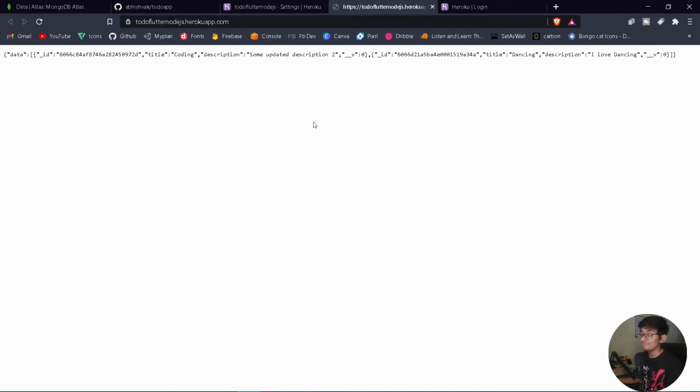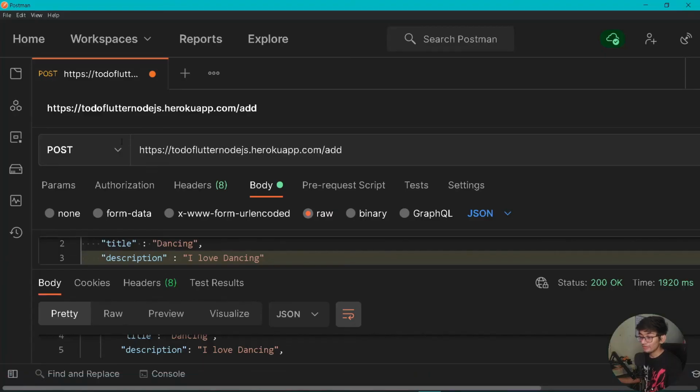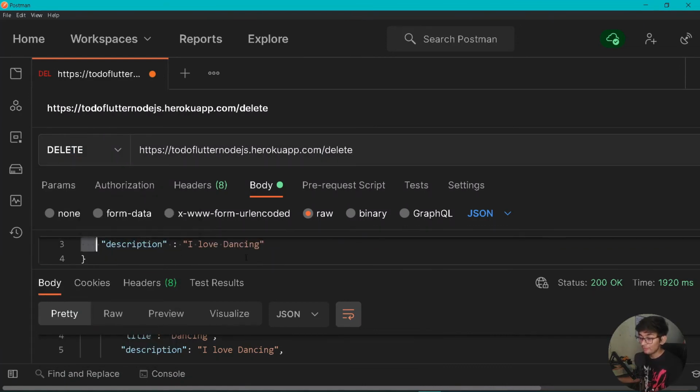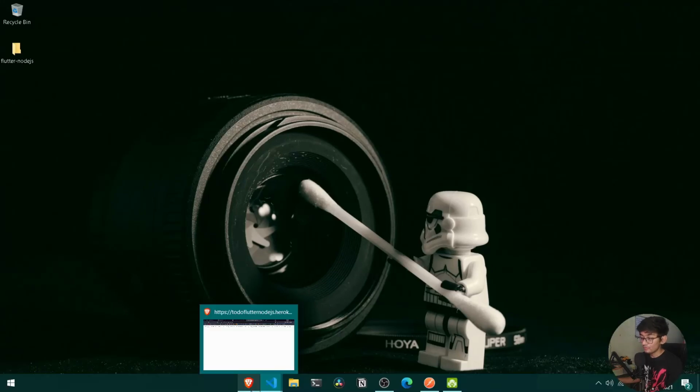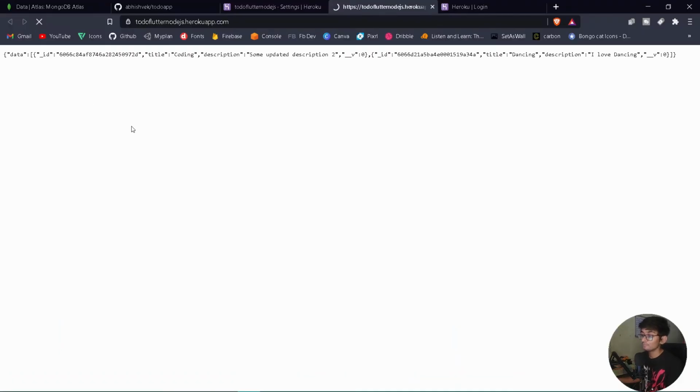So once we have added this, let's also perform some delete operation over our data. So let's go here and add a property of delete and here let's add method of delete. Now it won't be requiring the property of description, so you should be removing description from here. And now let's try sending it out. So let's go under the send button, press send. Let's check our browser, our website. Let's clear it out. Cool, so did you see that we are now successfully able to read the data from our server as well, that is our dynamic server.